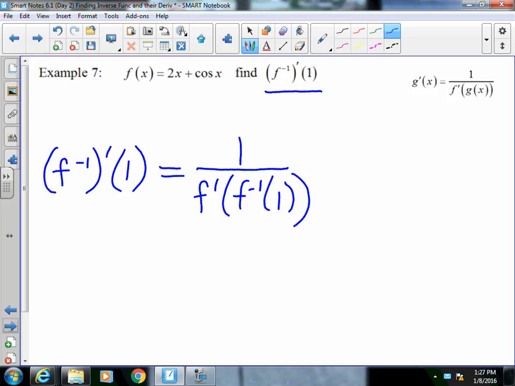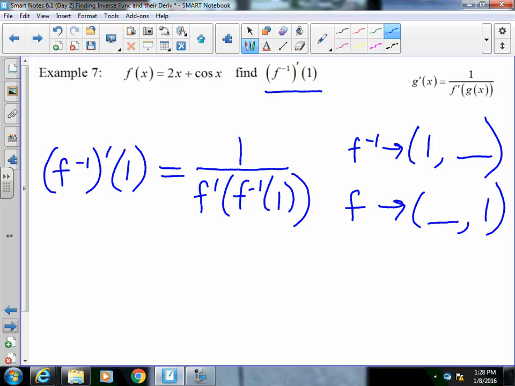But let's talk for a second. I know on my inverse that I have, right here, on my inverse, the point 1 something. And I know that on my original, that would make it the point something 1. And the first thing I need to do is find f, inside parentheses in our denominator, the value of the inverse at 1. Well, to find this number, I can plug 1 into the x value of the inverse,